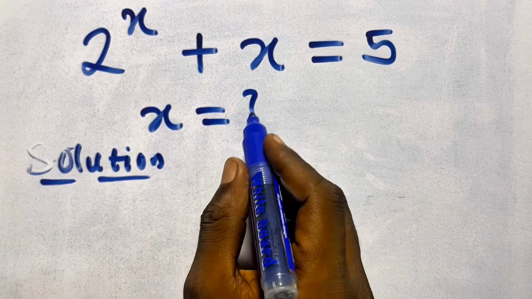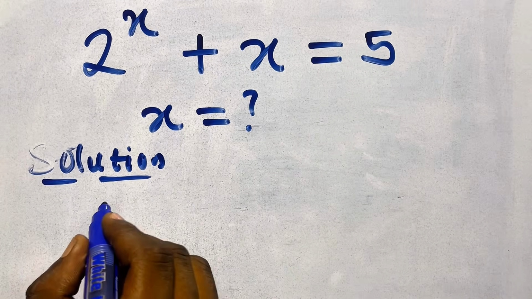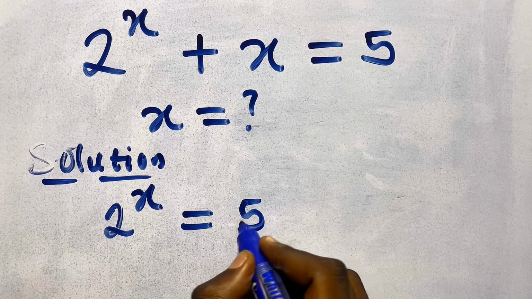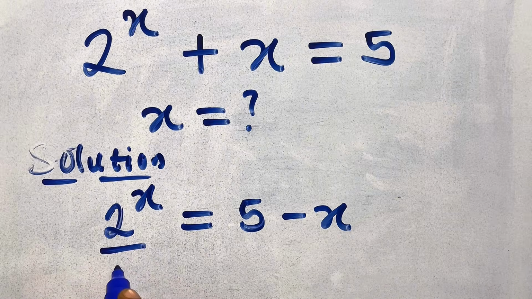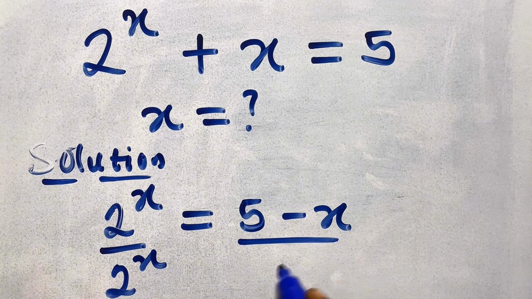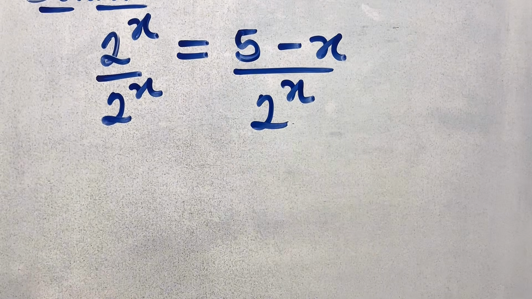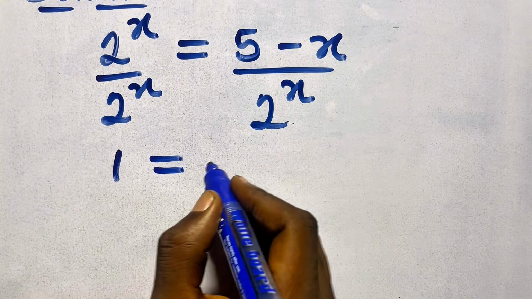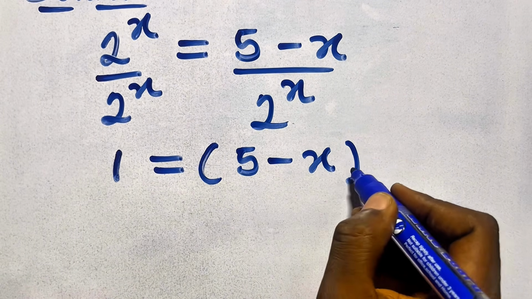The first step is to transfer this to the other side. So we have 2 raised to the power x equals 5 minus x. Then we can easily divide both sides by 2 raised to the power x. Then we will have 1 equals 5 minus x,